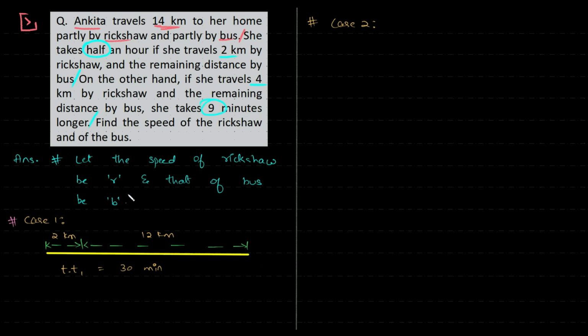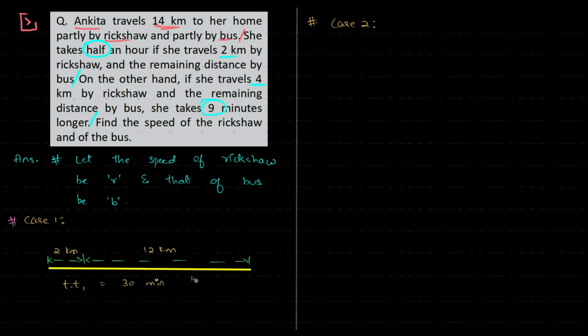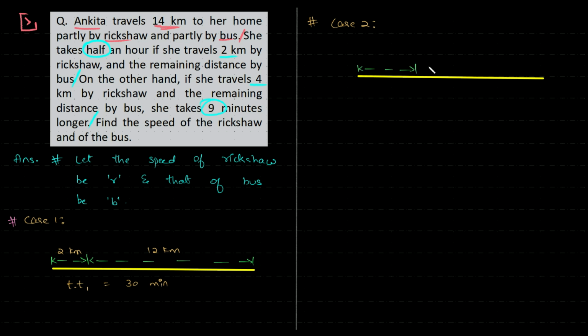I could have done a better job actually, not very happy with how I've written. Looks a bit congested for me. Yeah, that would be better. Case 2 would be something like this. We have the total distance to be 14, but here in place of 2 kilometers we have 4 kilometers, so the remaining will be 10 kilometers. So this is 4 kilometer, this would be 10 kilometer, and the total time for case 2 would be